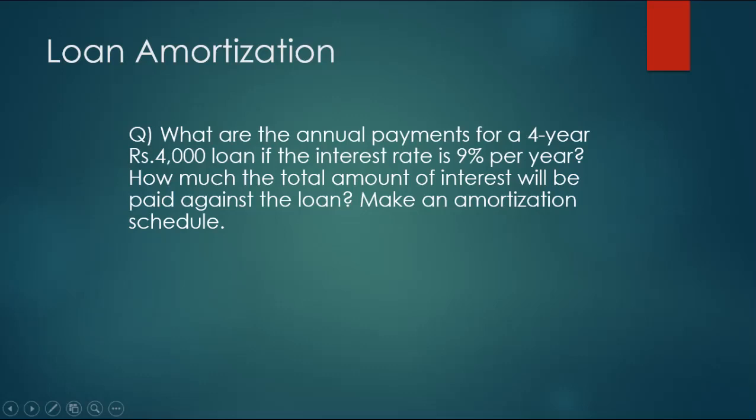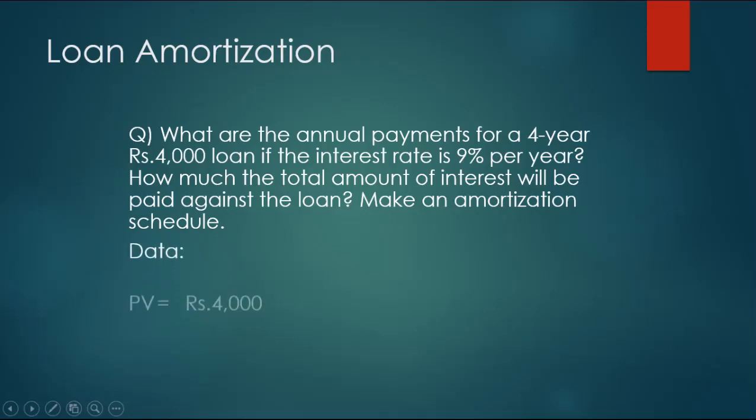This question will be solved in 3 parts. In the first part, we are going to calculate the annual payments, which will be considered as PMT. In the second part, we are going to calculate the total interest amount, which will be paid throughout the 4 years of payments. And in the third part, we will be making an amortization schedule. So at the first step,